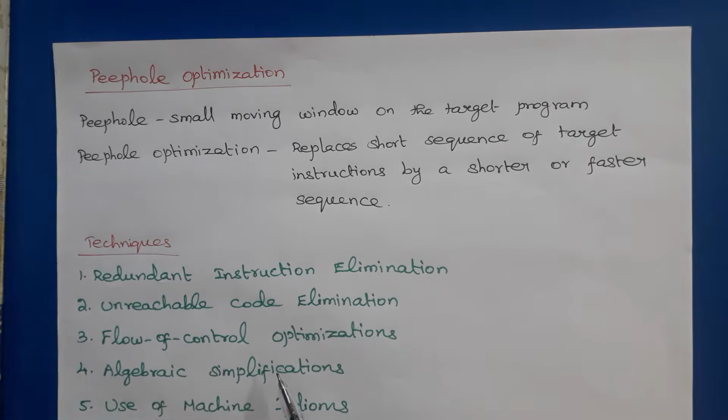Hello all. In this video, we are going to discuss peephole optimization. If we follow a statement by statement code generation strategy, then it will produce redundant code, that is poor code. So code optimization is an important task for improving the code. It may reduce the running time, or it may reduce the number of statements in the block, or it may reduce the space occupied by the code, etc.